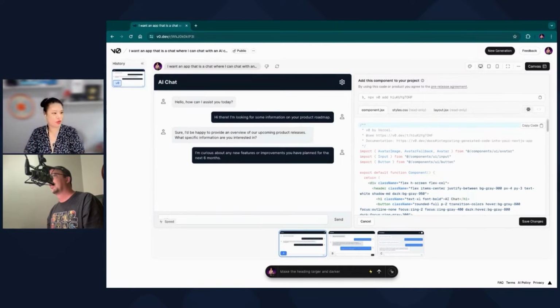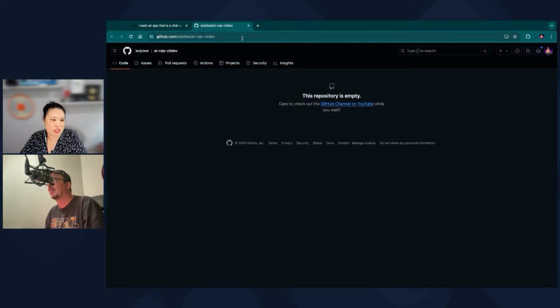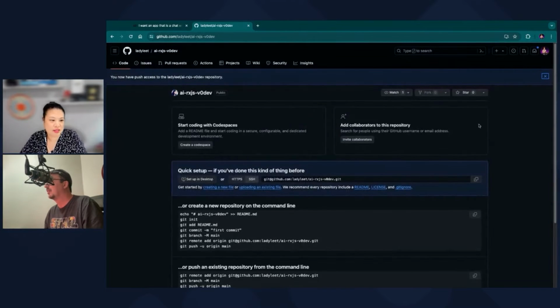Let me look at my other repo to figure out what. Dump it into what? I added you to a repo. Dump it and do the first commit. All right. Well, I haven't cloned your repo yet. So where's your repo? I added you to it. You want me to send it to you? I'm sending it to you in private chat. You are better at talking to the machine than me. This repository is empty. And you added me to it. That means I probably have an invite over here. Yeah. Accept invitation. Okay, cool.